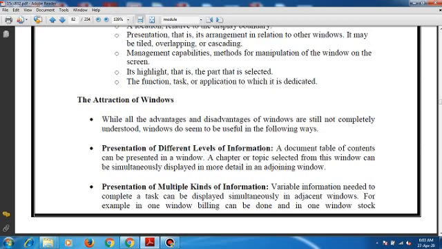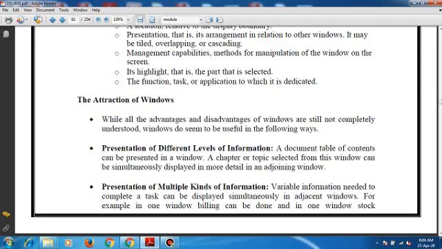The information can be examined in increasing levels of detail. A document's table of contents can be presented in a window. A chapter or a topic selected from this window can be simultaneously displayed in more detail in an adjoining window.